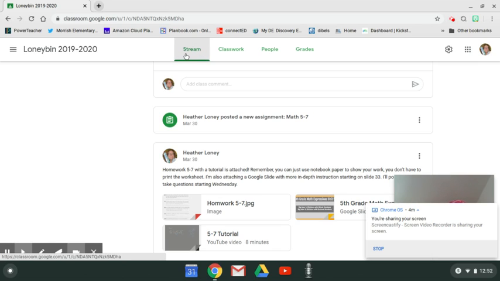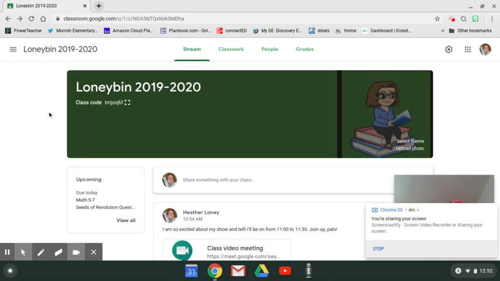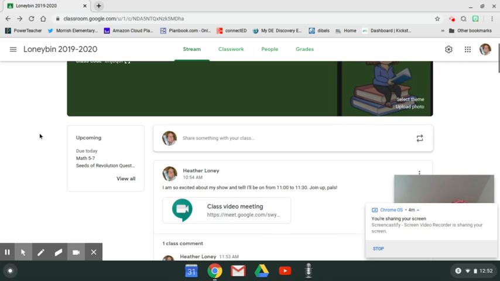In the regular stream, if you want to know, of course, my screen is going to freeze up now. That doesn't make me happy inside. Let's see, there we go. In the regular stream, you can also see any upcoming assignments over here in this left-hand box. So if you're thinking, oh, there's too many announcements, there's too much stuff going on in the regular stream, you can always cut to the chase and say,